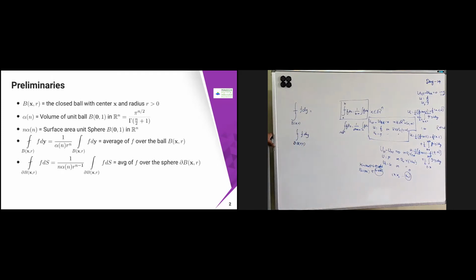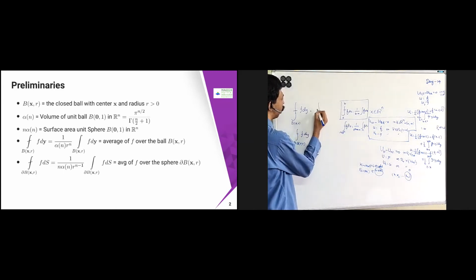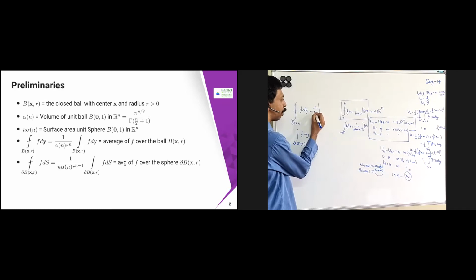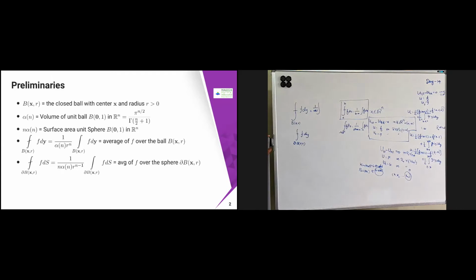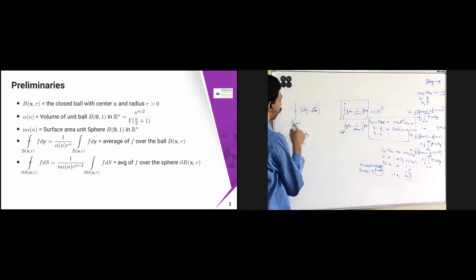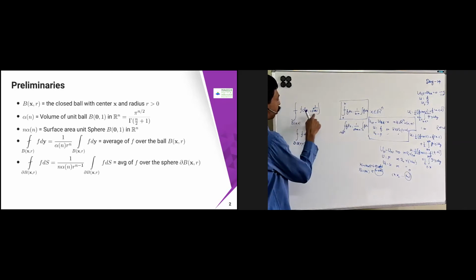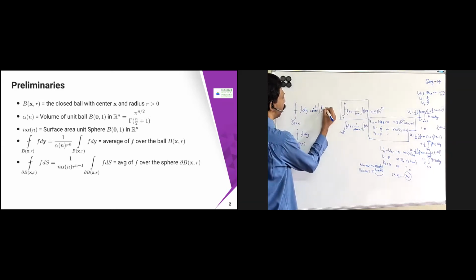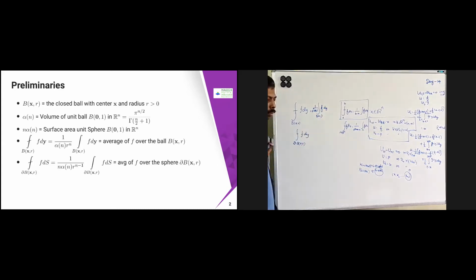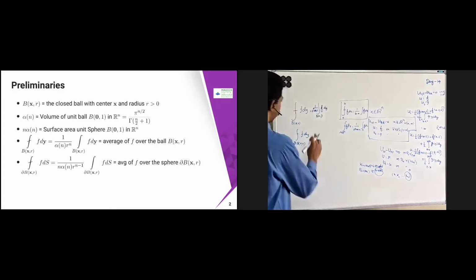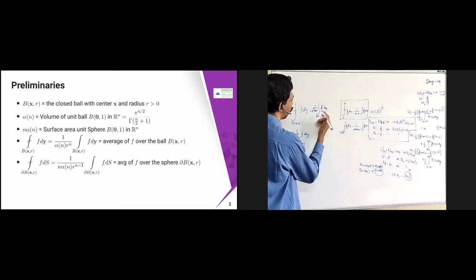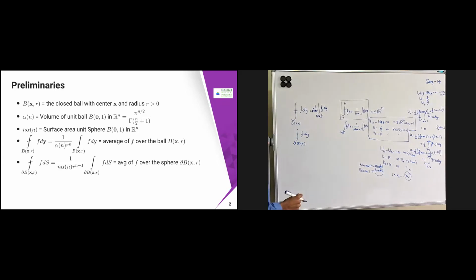So I can just generalize this. If I generalize that, here I am going to get 1 by the volume of the ball. But what is the volume of the ball? The volume of the ball is alpha n r power n, for B of x comma r. If it is B of x comma 0 comma 1, this will be simply alpha n. Since I am putting B of x comma r, it is r power n into alpha n, times the integral of f over B of x comma r. I'm not translating; next slide I will translate.